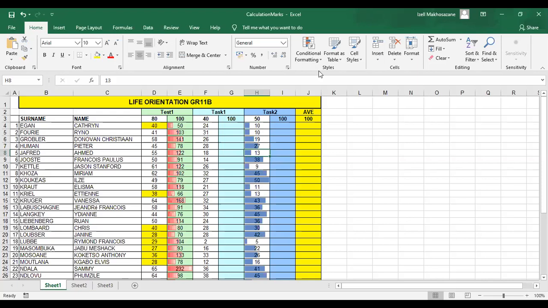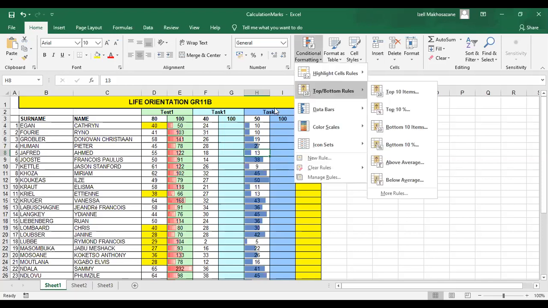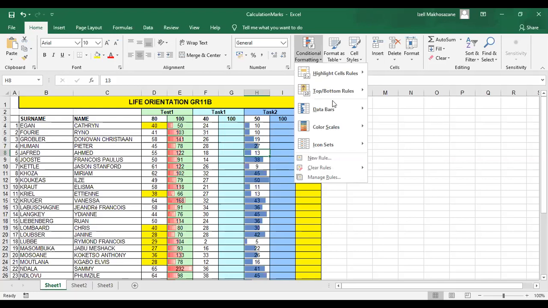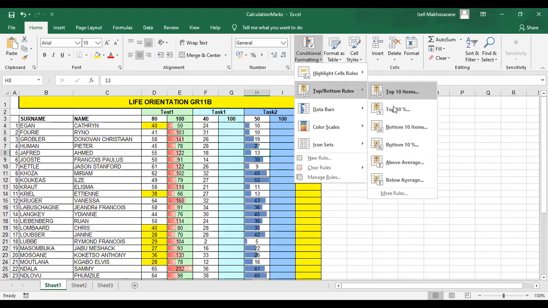The first option is for highlighting cells. This one, top/bottom rules. Remember, we used that on this cell, top 10. If you want to find the top 10, you know what to do: the top 10%, the bottom 10 items. Yes, guys, that's it. And then with the color scales,